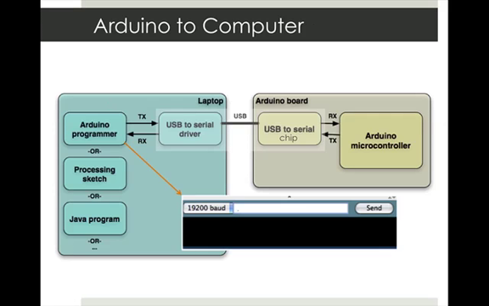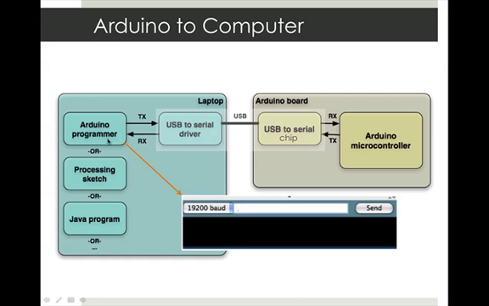So as you can see, this is a block diagram explaining how information flows from your Arduino hardware to the computer. This is your microcontroller, the Atmega 168 or 328, and you have your FTDI, which is a serial to USB converter, and it comes through the USB. Again, in your laptop or your PC, the USB is converted into serial